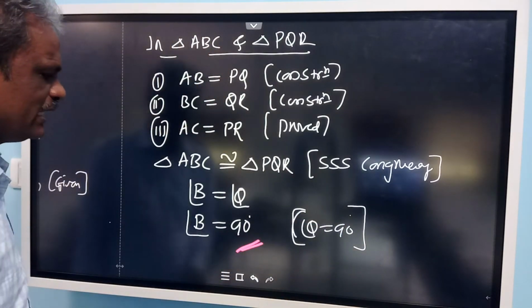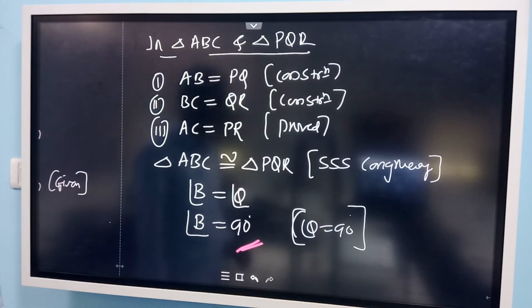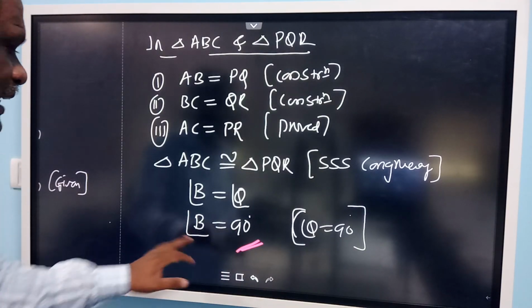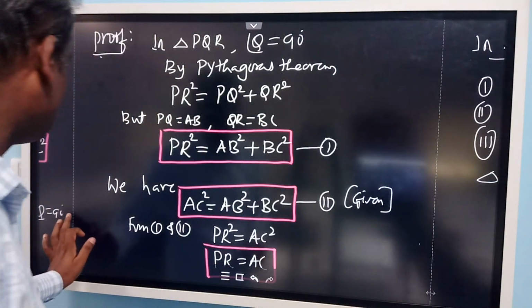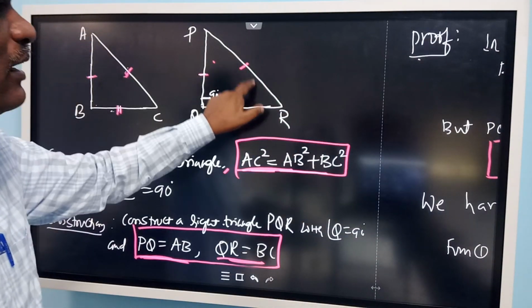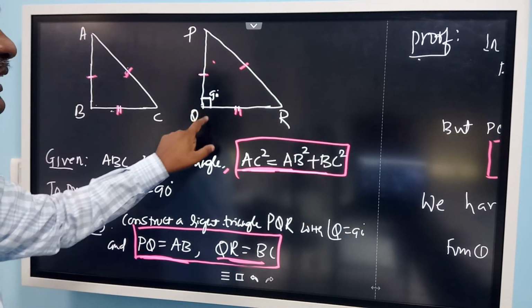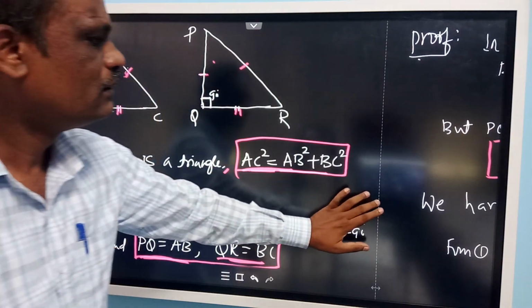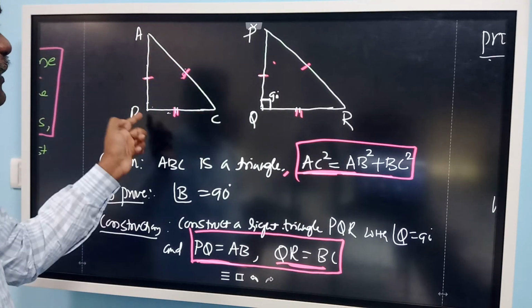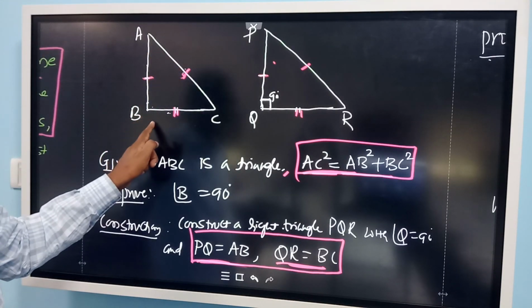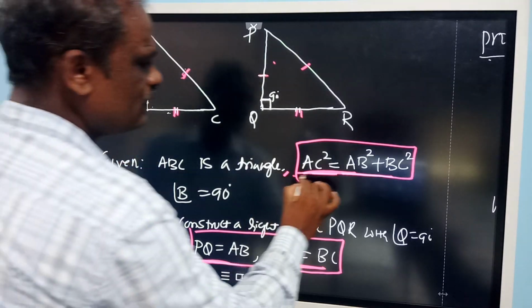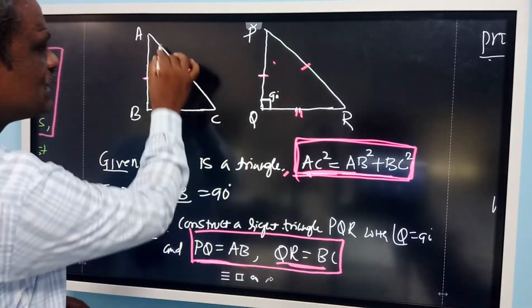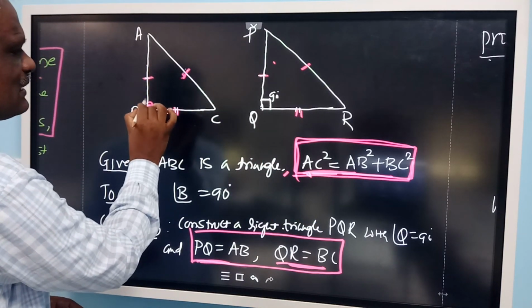Okay, so therefore we prove that ABC is a right angle triangle. That is, the angle opposite to the first side is a right angle. What is the angle opposite to the first side? First side is this one. Angle opposite to this one is Q. We proved that Q is 90 degrees. See, they have given, sorry, here AC. The first side is AC, opposite to the first side is B, angle B is 90 degrees. So they have given AC square is equal to AB square plus BC square, and we proved that the angle opposite to AC is 90 degrees. We proved that this is 90 degrees.